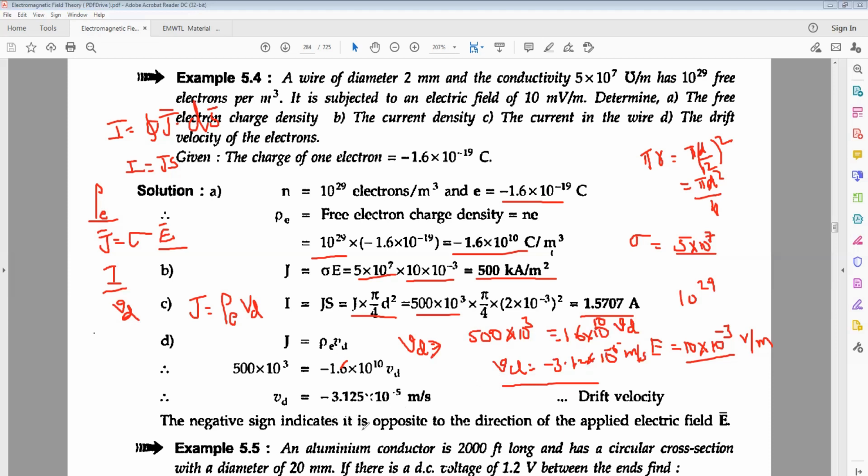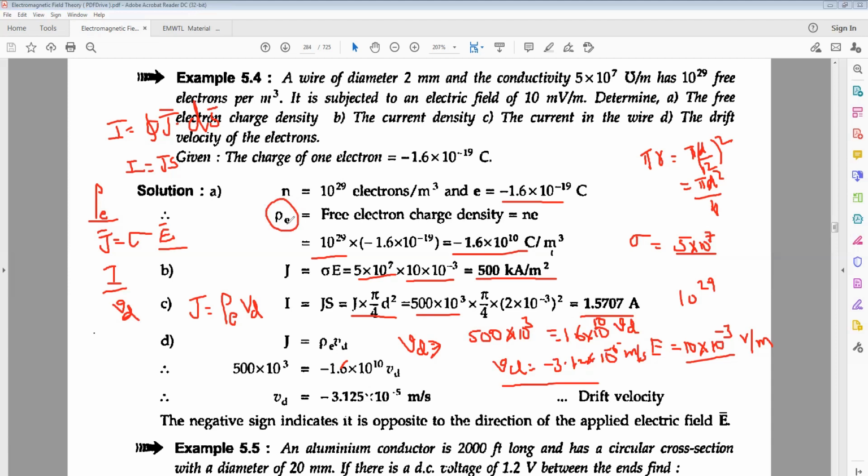Okay, the negative sign indicates that the drift velocity is opposite to the direction of the applied electric field E bar. Got it, my students? Here we used many formulas to find the